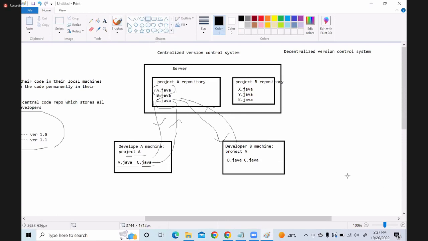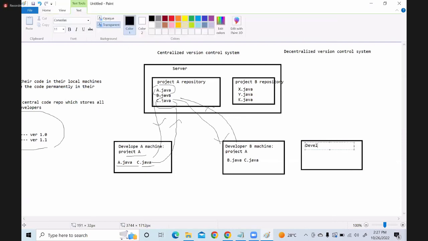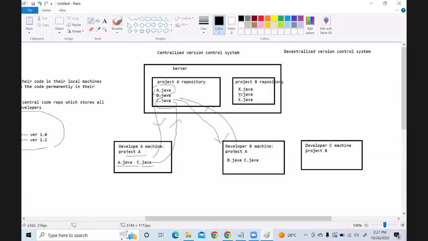Similarly, we have another machine, developer C, and he is working on project B. He can take any of these files, make the changes, and push back.